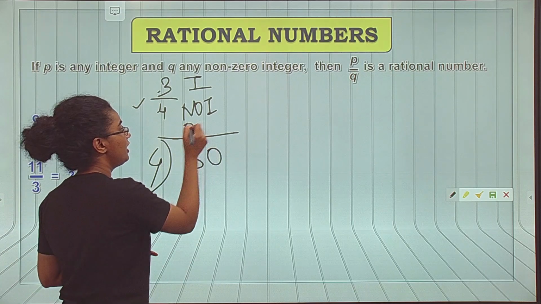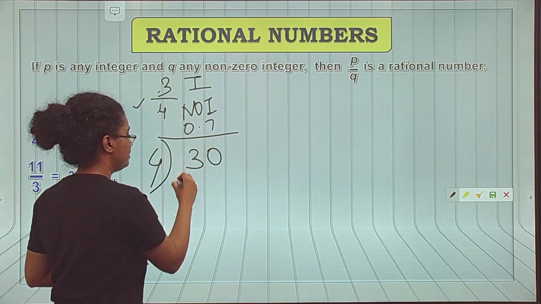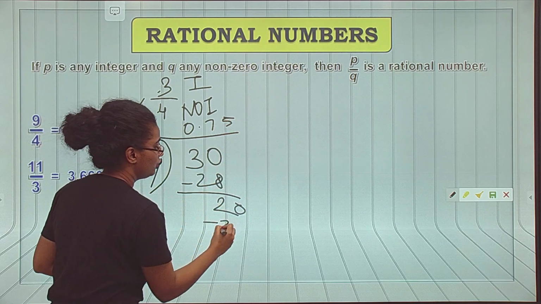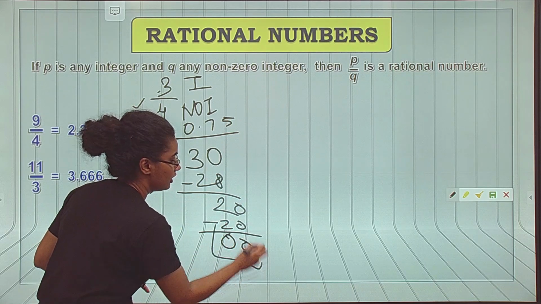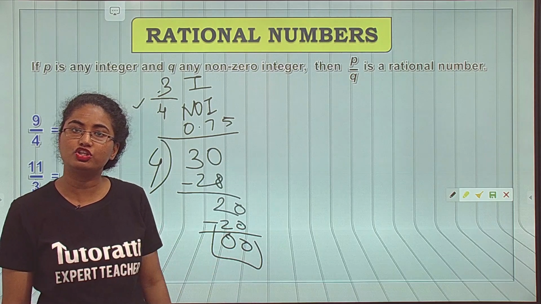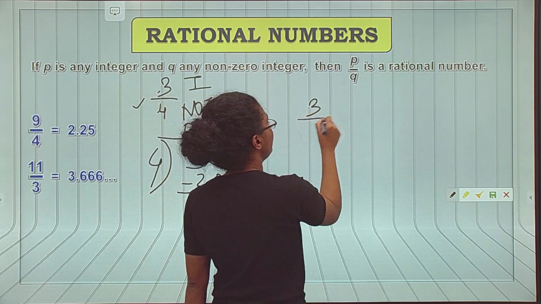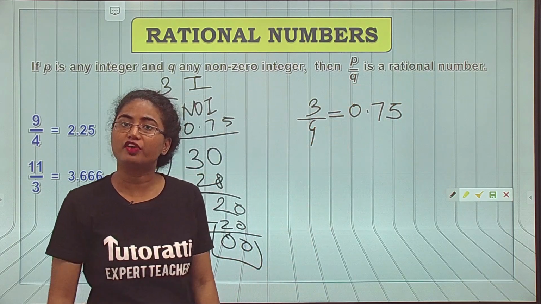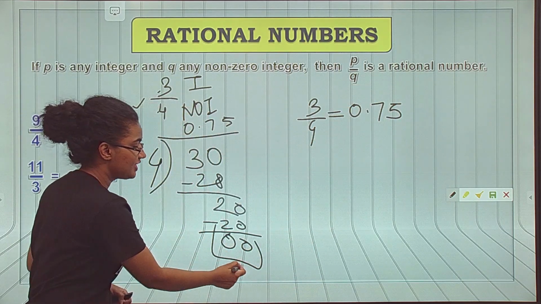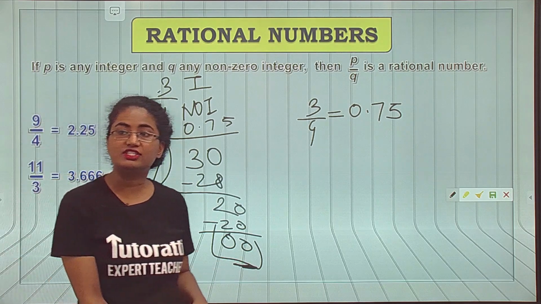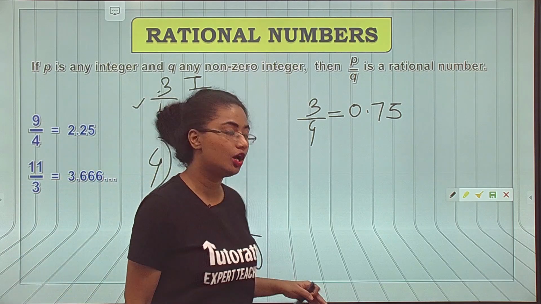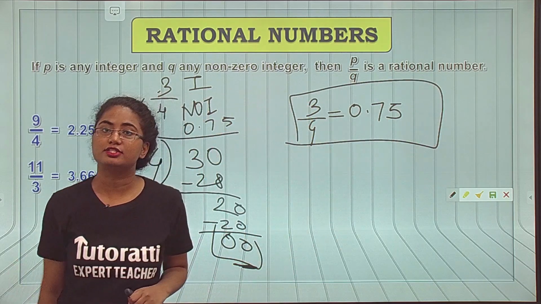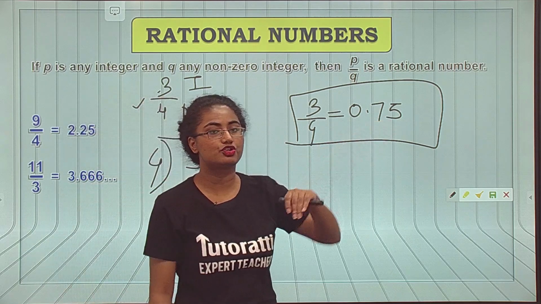एक 0 add किया and a decimal is included here. So 7 fours are 28. Again 0. 5 fours are 20. And the remainder is 0. ये हुआ हमारा division, right? So we get 3 by 4 as 0.75. What are we trying to prove here? We are trying to prove here that our division is ending somewhere, because we got a 0 in the remainder, right? And we have this as our decimal. 3 upon 4 in the decimal format is 0.75.